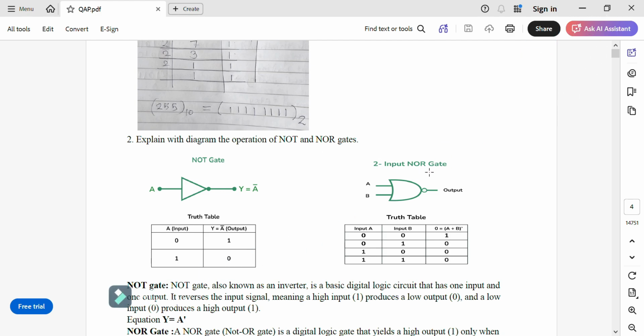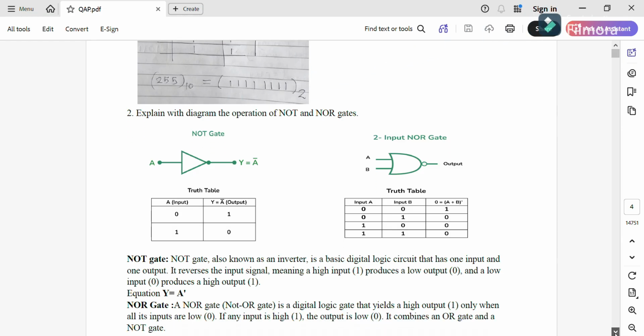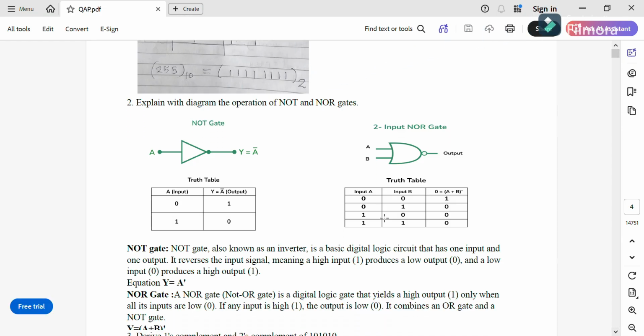Next is what? NOR gate. For the NOR gate, draw the symbol of the NOR gate and write the truth table properly. It is exactly the opposite of the OR gate. So write the explanation. Just don't write the